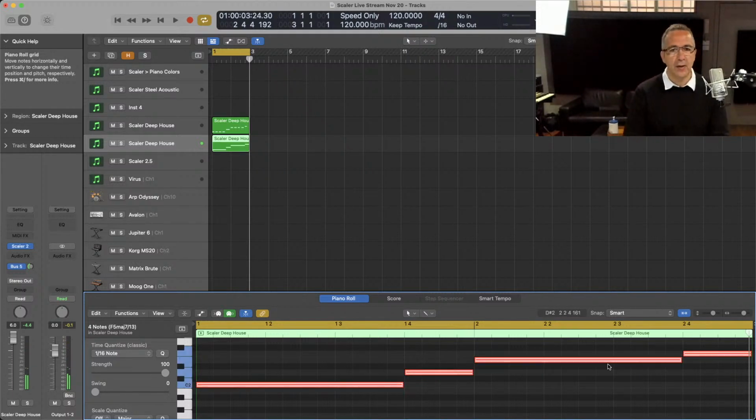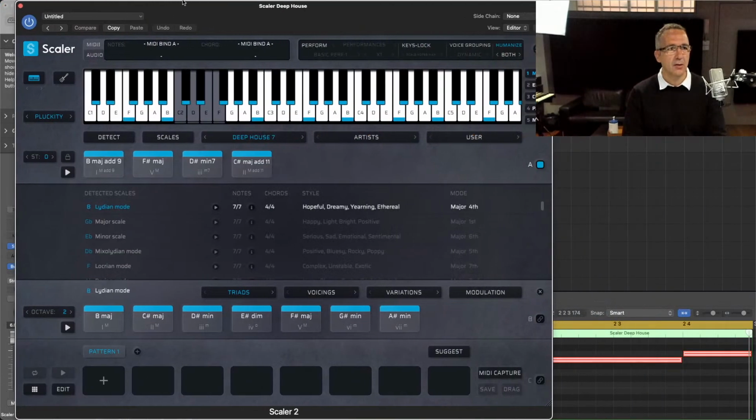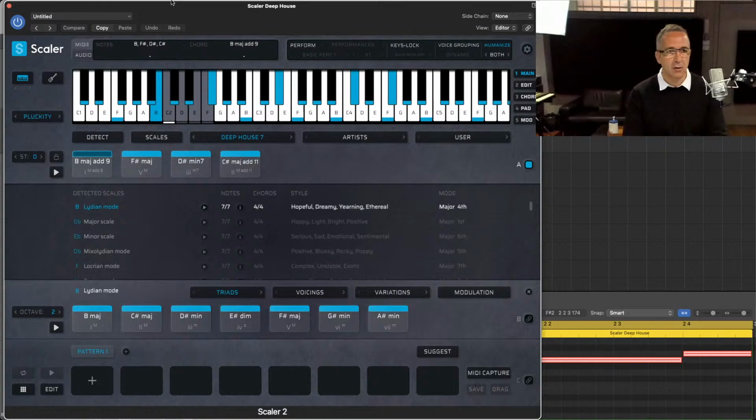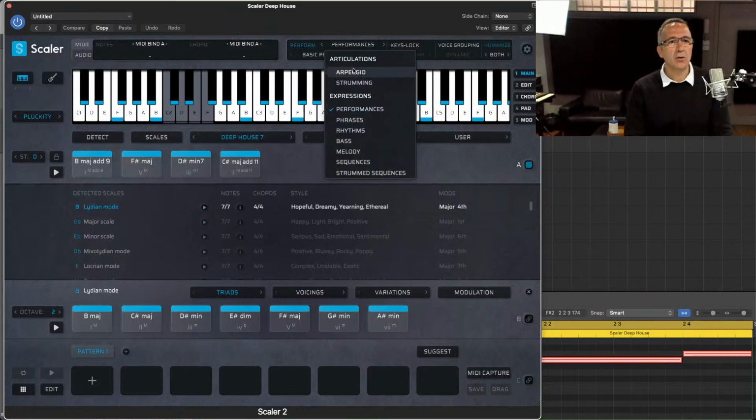And the point of that is I want to show you some synth sequences. So I've duplicated that. So in this instance, I'm only playing the chords at full length, yeah? Because I duplicated it, I could have, as many of you know, synced the Scalars, and now I'm going to look in